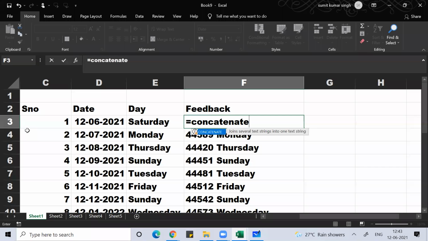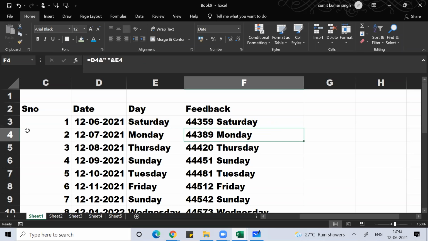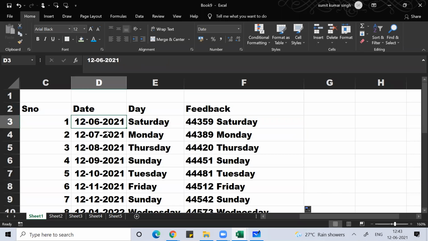Let me try concatenate on this. Double quote, space, double quote. Anyway, leave that date part.